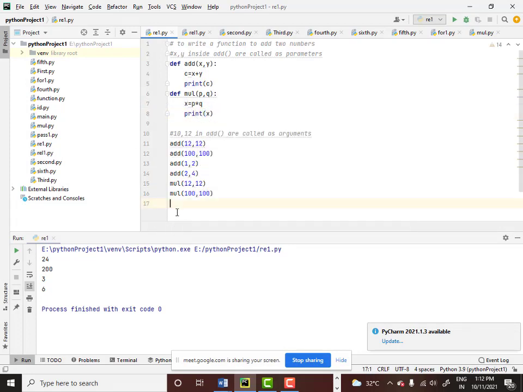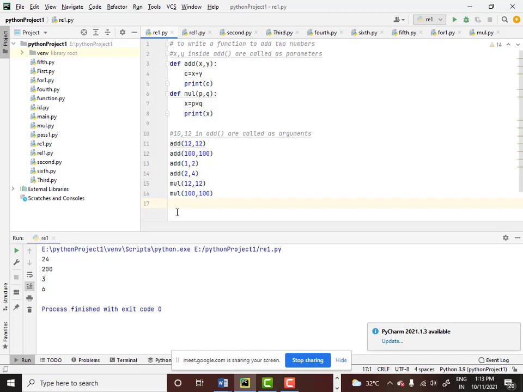Can't we do this directly, like in the previous thing we just wrote add 10 and 12? In the next line can't we just write mul 10 and 12, won't it multiply it like that? Okay, that is correct. Logically it is correct, but I told you, when I was telling you functions, you should never make a function do two different tasks. You can write the multiplication operation in the add function also, no doubt about it, but that will defeat the concept of modularity.